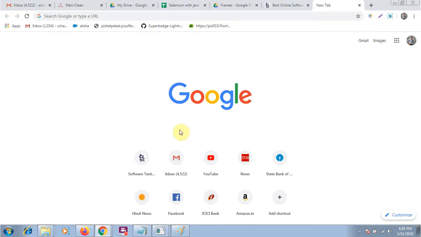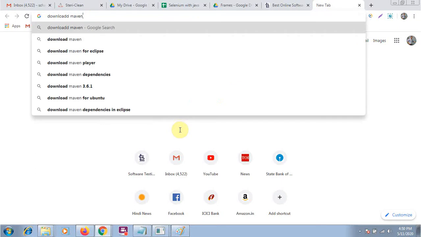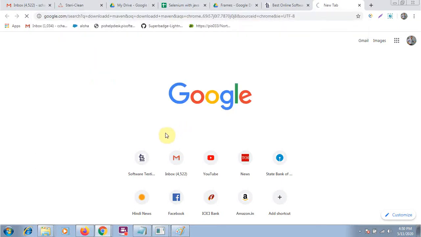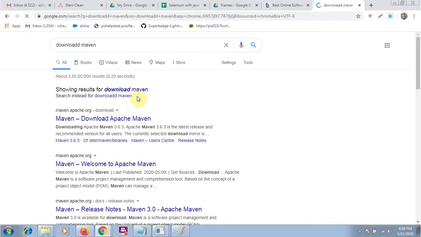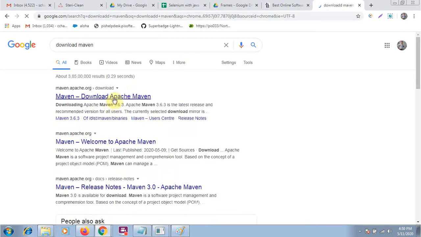We will see a link there. You should open the Apache Maven website, not any other website. You will get the setup, just click on it.